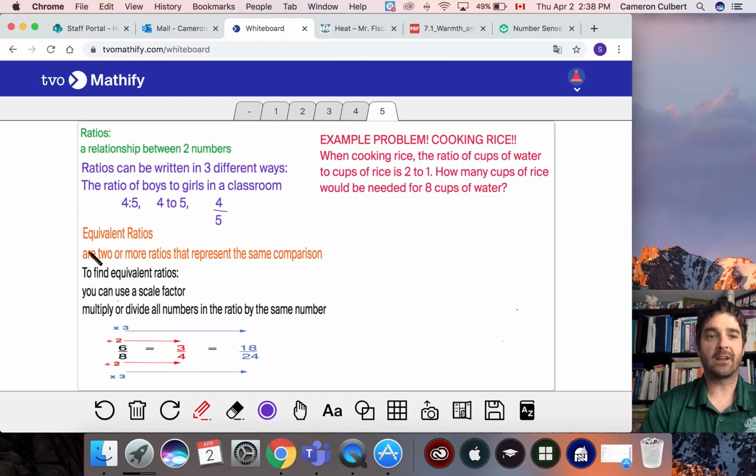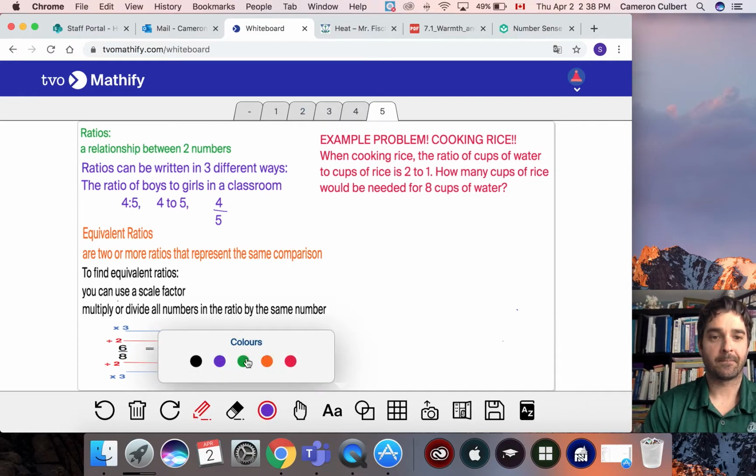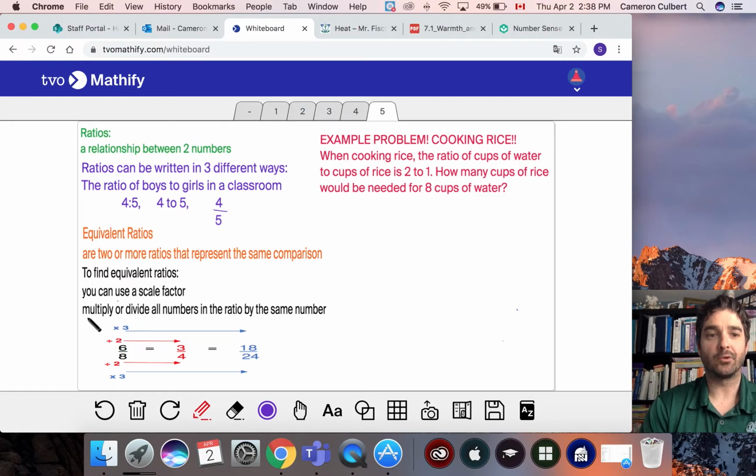Similarly, equivalent ratios are two or more ratios that represent the same comparison. To find equivalent ratios, we can use a scale factor. When you use a scale factor, you need to multiply or divide all the numbers in the ratio by the same factor. If we look at our example in the bottom left-hand side of our screen, 6 over 8,